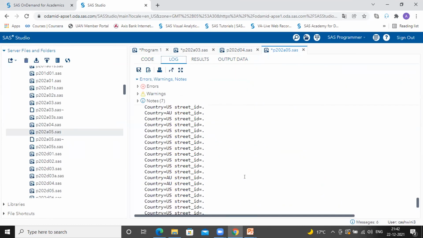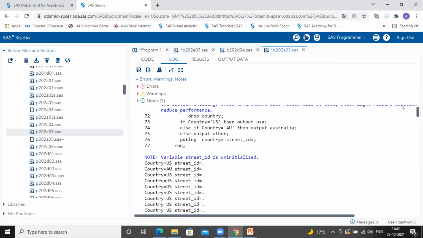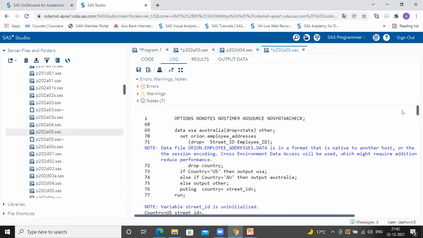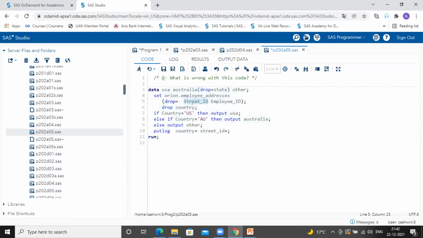All right, so street ID, do we have street ID here? Yes. See, my street spelling is wrong. Street underscore ID.